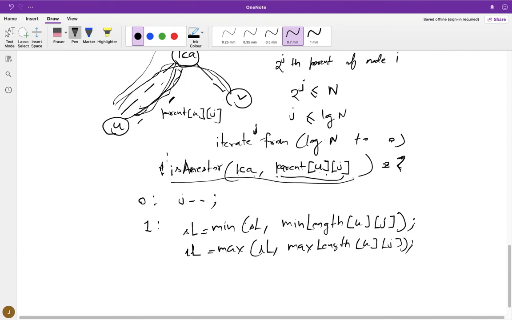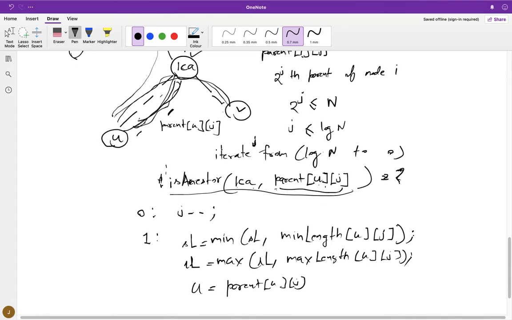Once you have compared these two values, you simply move the pointer upwards, so u becomes parent uj. Eventually you are going to reach the LCA, and when you reach it, you would have covered this part of the path and calculated the shortest length and longest length for half of the path.